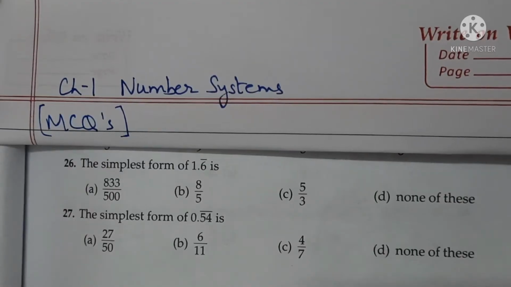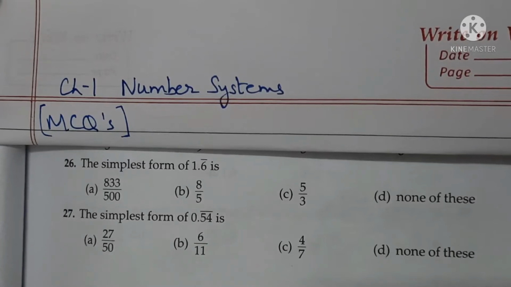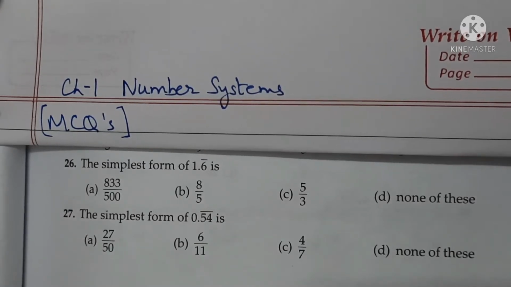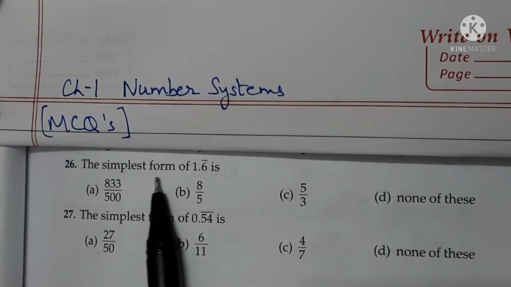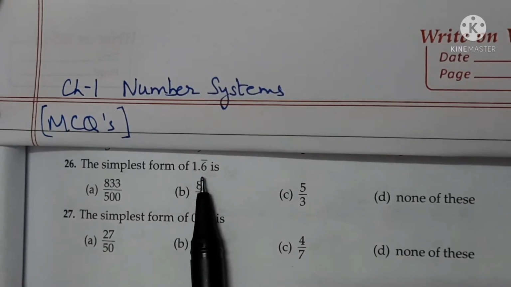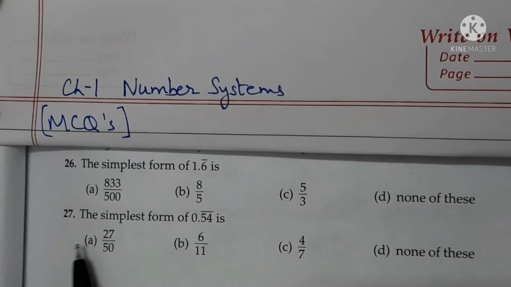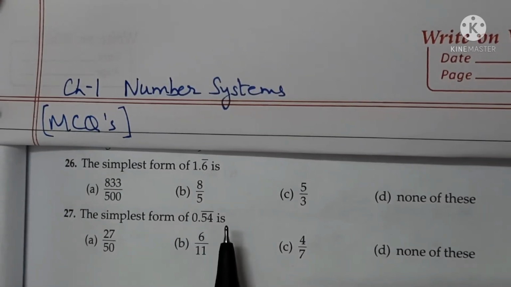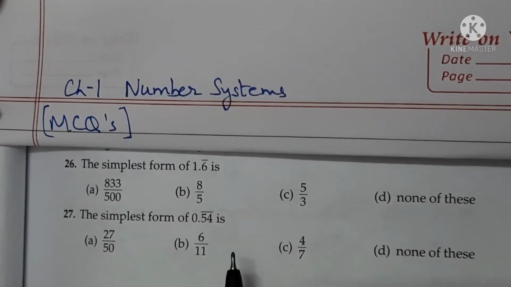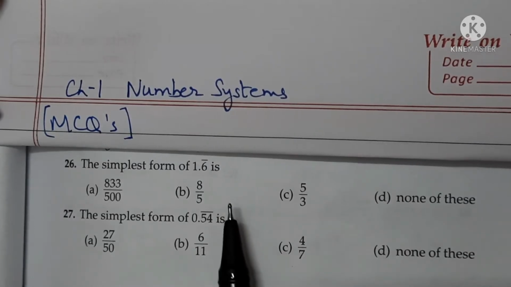Hello students, this is chapter 1 number systems MCQs from question number 26. The simplest form of 1.6 bar is. Questions number 26, 27, 28 and 29 are the same type and we will learn the short method of this